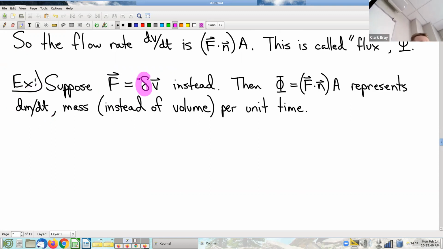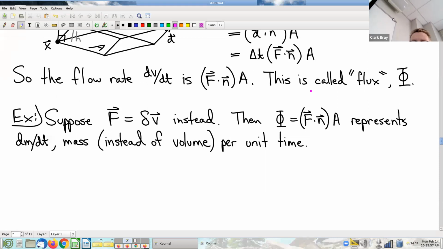There's mass per unit volume, population per unit volume, population per unit area, all sorts of versions of it. But whatever the quantity is per unit time, what you're going to find is that it is the same formula. Okay, so this expression, F dot N times A,